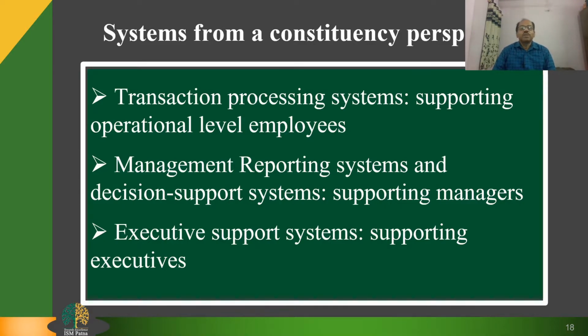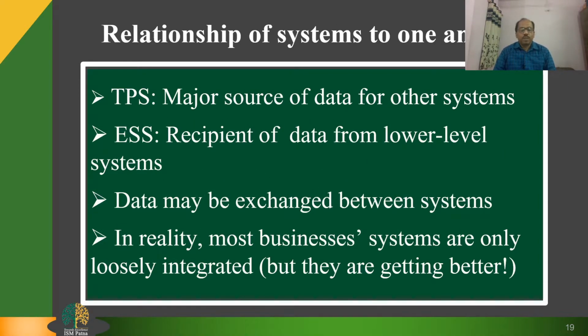Now we will see the relationship of systems to one another. Here once again it emphasizes the relationship between different types of systems, which explains that actually achieving such a high level of integration is rare. Why might it be difficult to do this? Firms have been and continue to make large investments in enterprise-wide systems that promise to integrate the many data flows that exist in all large organizations.